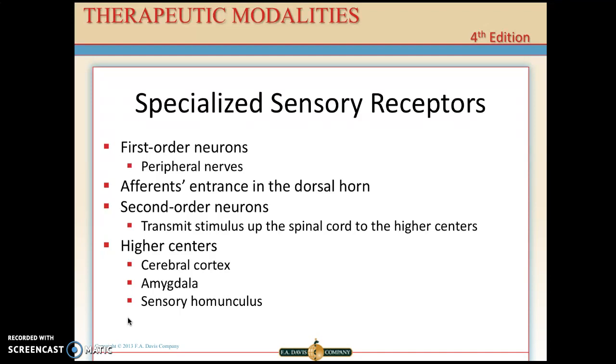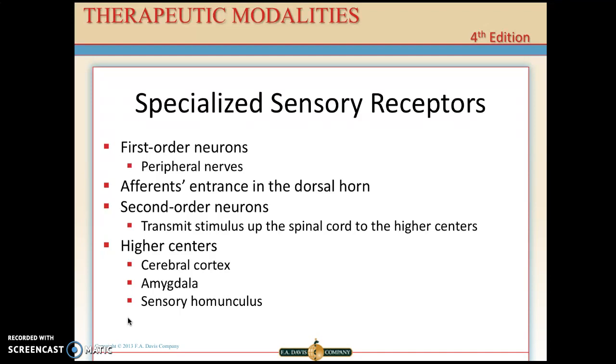So what happens to these first order neurons is that they synapse with second order neurons. So it's kind of like the impulse is taking this sort of windy train route, if you will, that is direct in its own way, but it has to go around a few things, and it kind of wanders into that dorsal horn. And then on the dorsal horn, there's going to be a synapse with a second order neuron